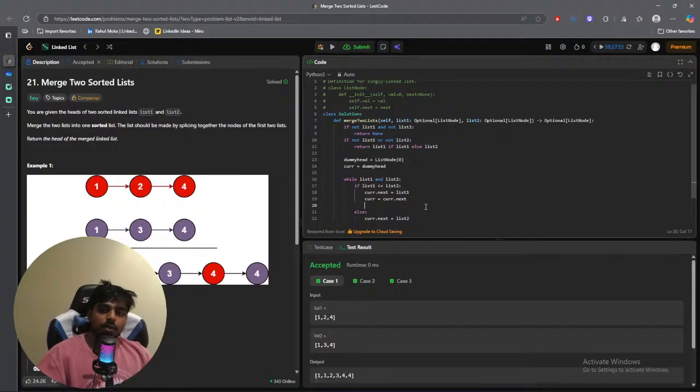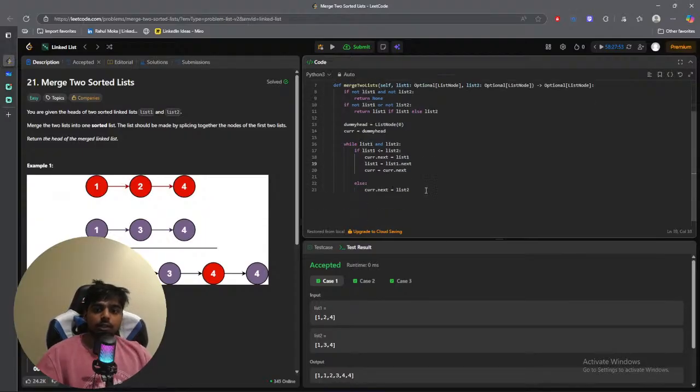And just for the sake of organization, let's keep that up there. List 2 is equal to list 2.next. And cur is equal to cur.next. And with that, you'll reassign everything and then be left with one little thing at the end that you were